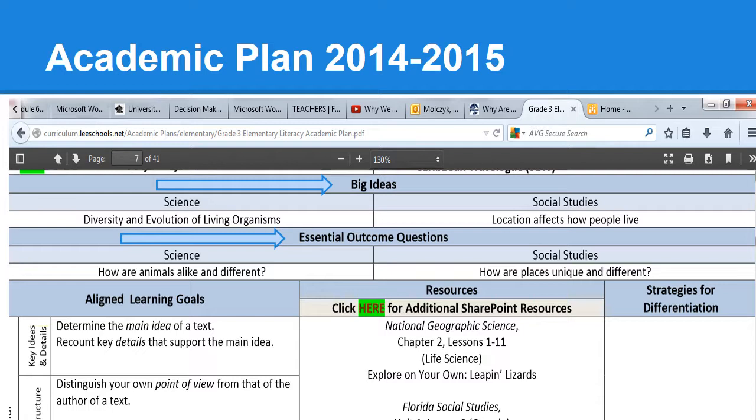You will also notice that the learning goals are broken up into different domains that we discussed earlier when looking at the standards. Another valuable portion of the academic plan is that with the standards and learning goals that need to be covered in each concept, there are a variety of resources to use from the adopted curricula to teach these standards.